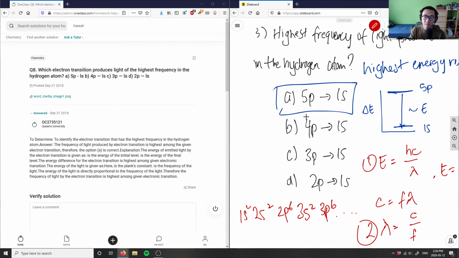And as you can see, the higher the number, the higher the principal quantum number, because here n equals 5, this is n equals 4, n equals 3, and n equals 2. The higher the principal quantum number, the higher the energy level, and the greater the amount of energy that will be released. So therefore, it's going to have the highest frequency of light being produced. So number 8, option A is correct, and they wrote option A is correct as well, and they explained it as the energy of emitted light by the electron transition is